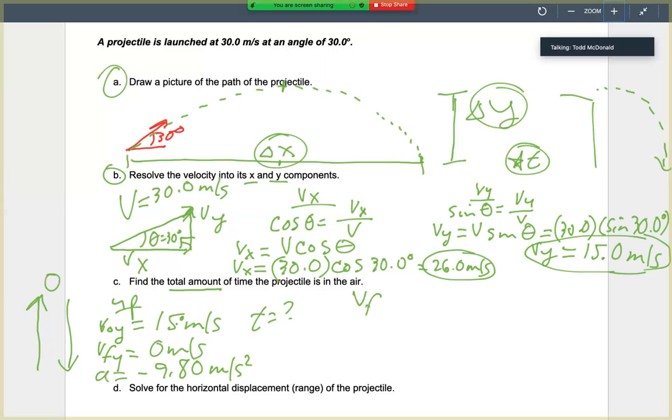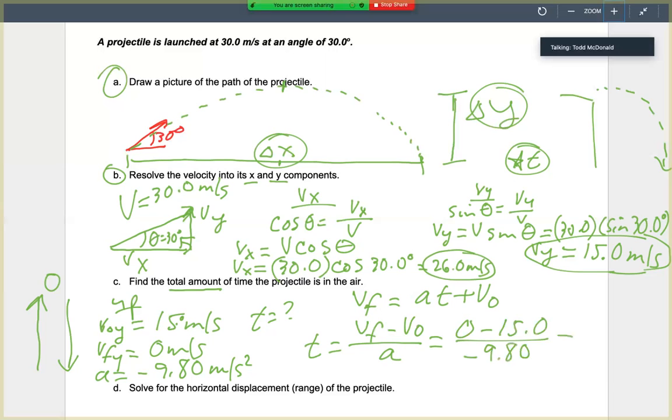So what we're going to do here is find a kinematics equation. If you go back to our kinematics equation, final velocity is equal to at plus the initial velocity. We can solve for t. So I'm going to rearrange this equation. I'm going to move my v sub 0 over to the left side, so vf minus v sub 0. And then I'm going to divide both sides by a. And that's going to get t by itself. So my final velocity is 0. My initial velocity was 15.0. My acceleration is negative 9.80. When I punch all of that into a calculator, I'm going to get